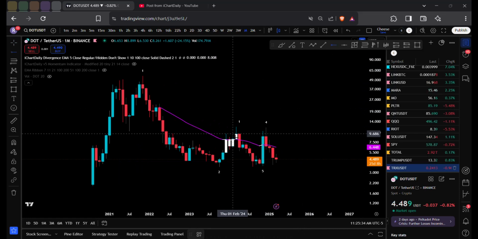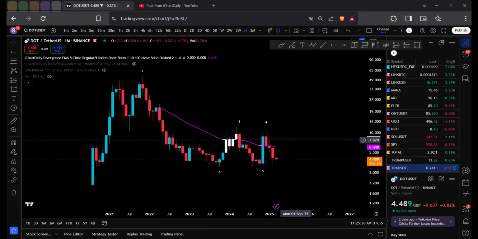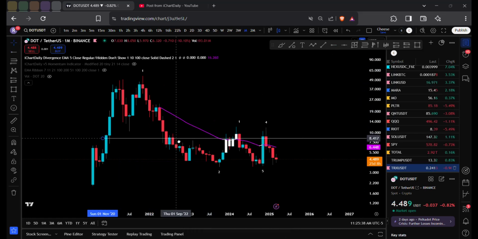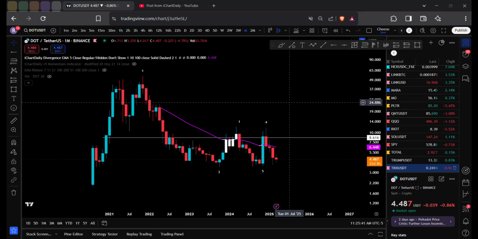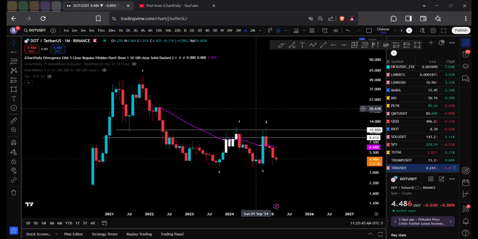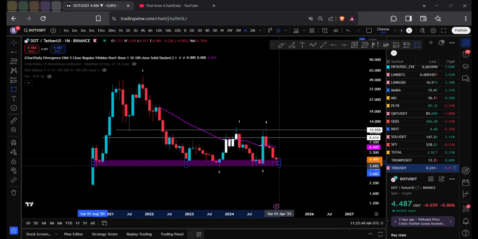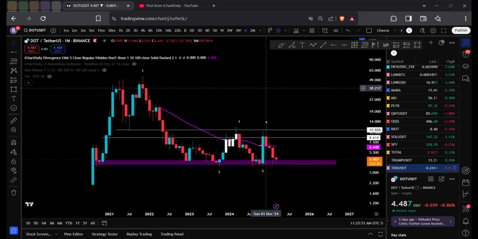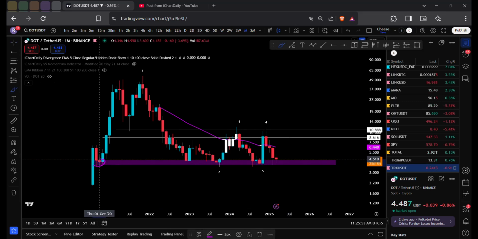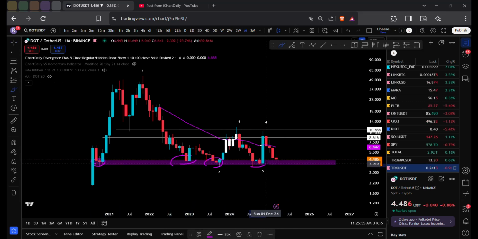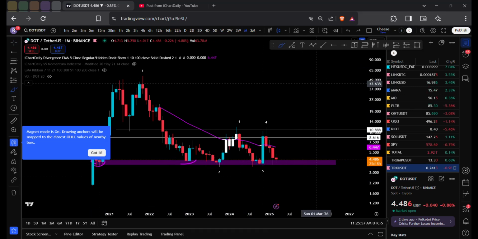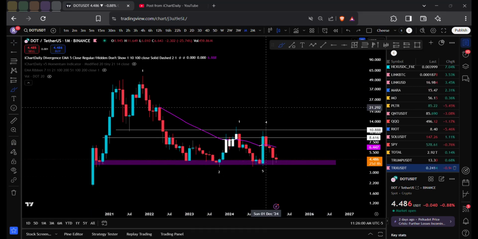This is resistance here. The reason why I chose that is you could look previously, there's more touch points on that one. I like to use 2, 3 levels on the way up, 2, 3 levels on the way down. As you can see, buying pressure, buying pressure, buying pressure, buying pressure. Am I going to expect selling pressure? No, I'm expecting buying pressure.